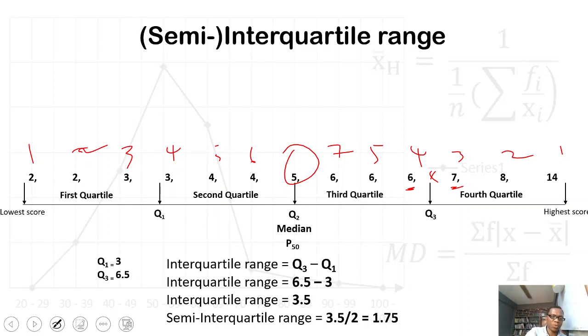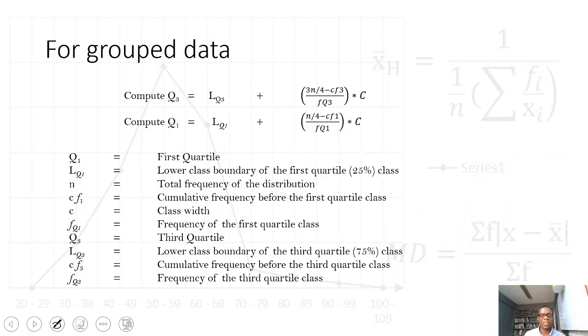It means that my Q1 value is 3 and my Q3 value is 6.5. So to find the interquartile range, I will subtract 3, which is Q1, from 6.5, and that gives me 3.5. If the question is to find the semi-interquartile range, that is half of the interquartile range, then all I need to do is divide 3.5 by 2, and that gives me 1.75. When dealing with